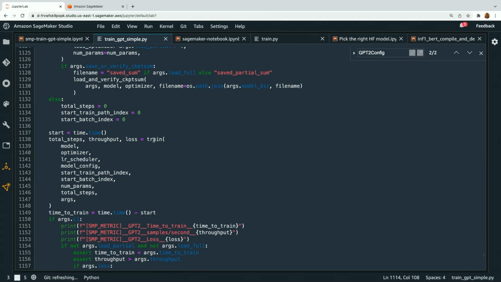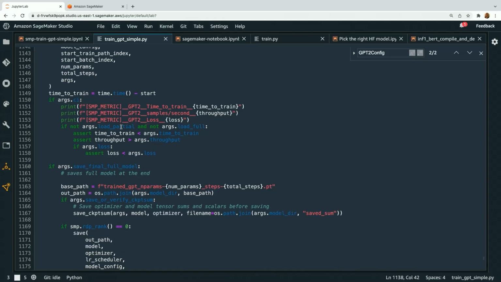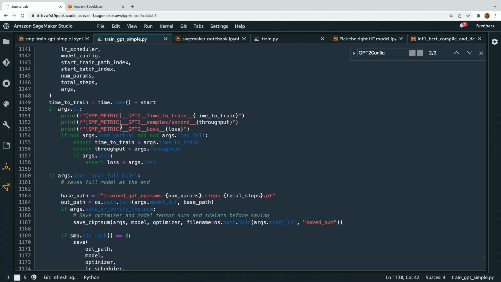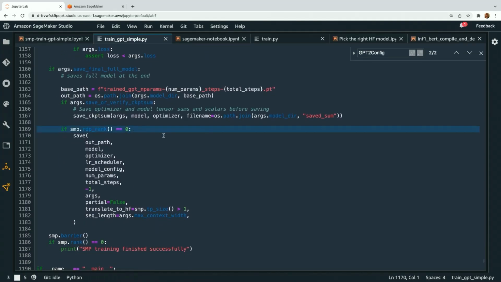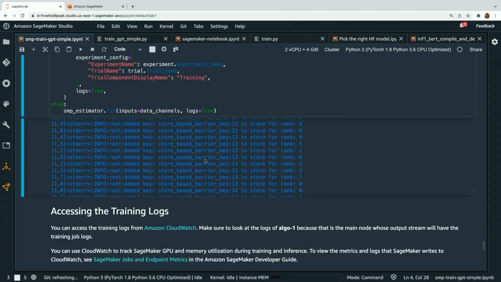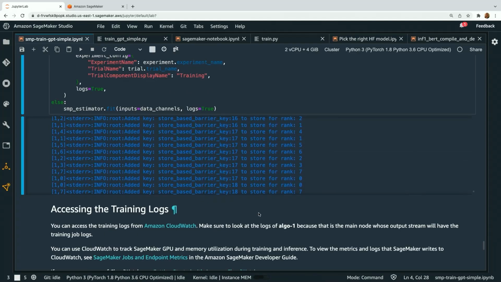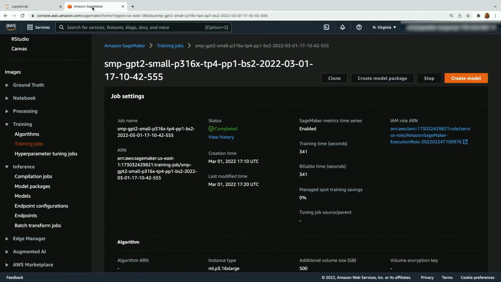and then call train. So then there's this train function, and that train function includes the logging. So we get to see all of the action that's happening per step. And then once that has completed, we'll save the final model, again, just on that first rank. And we'll save that, and that's our script. And so that is what's running, again, on the SageMaker training clusters. And if you want to see it in the console, again, that's going to be right out here. So we'll look at our SageMaker training jobs.